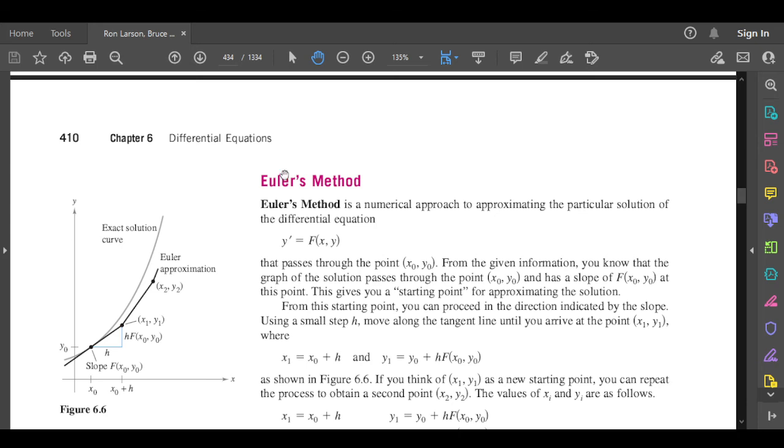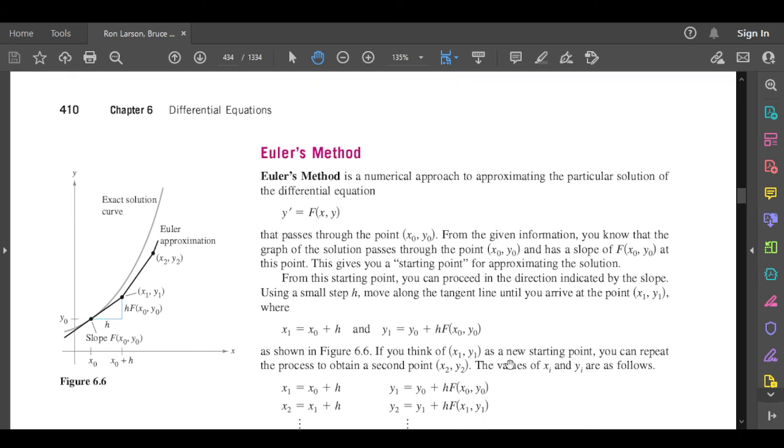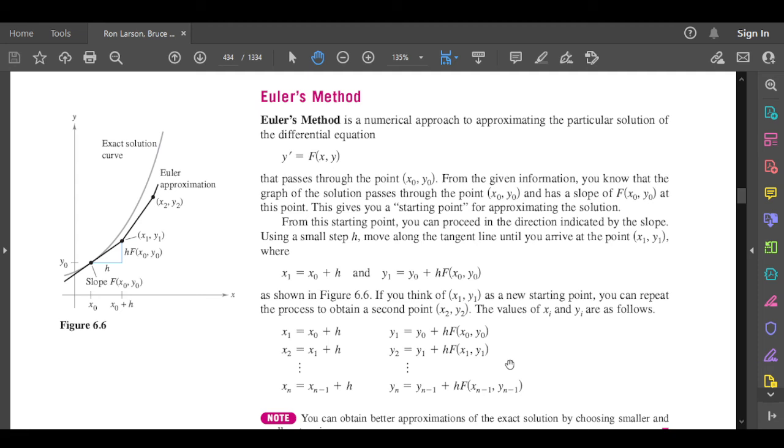Sa integration gihapon to, I think wala din ako siya na-include pag-discuss last sem sa ato ang calculus 1. Kay to wala siya part sa calculus 2 pero included man tayo siya diri and this is also very important. Euler's method. This is a way in approximating the solution of a differential equation. Okay, so